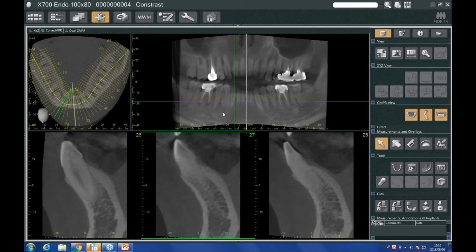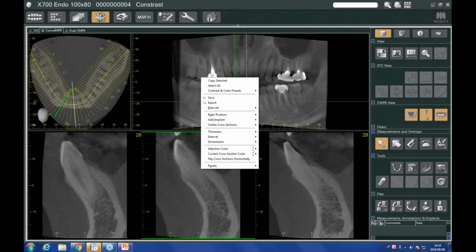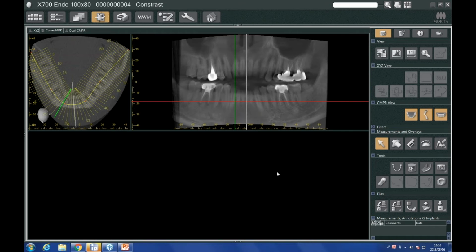Now the cross sections here are in intervals of about 1 millimeter. This is always selectable, and you can choose to change that interval at any time by simply right-clicking on the images, bringing up the menu, and taking a look at the interval menu. If I want to change this, let's say, to 0.5 millimeter slices, I can just click 0.5